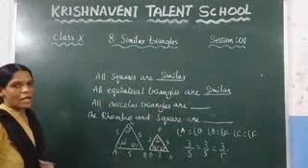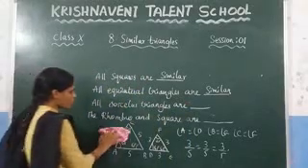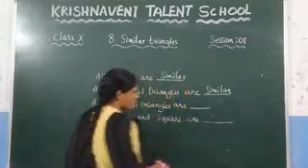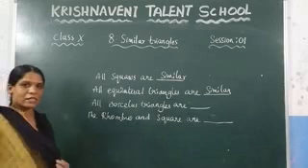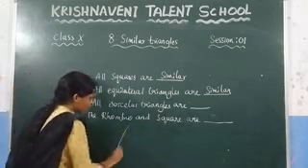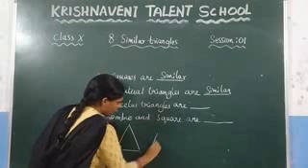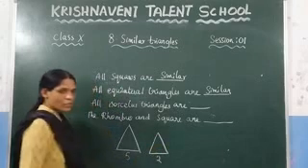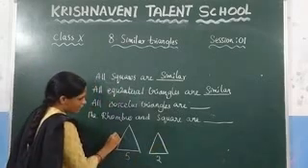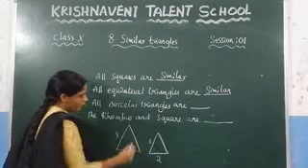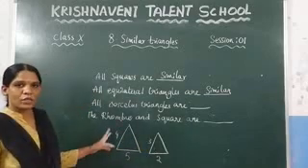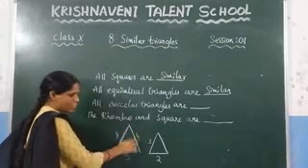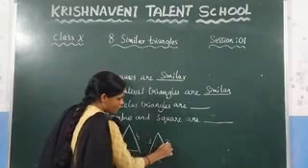Now see the next one, the isosceles triangle. What is meant by an isosceles triangle? You know that an isosceles triangle is nothing but a triangle in which two sides are equal. Let us consider one isosceles triangle like this, and let us consider one more isosceles triangle like this. Consider this side as 5 and this side as 2. Consider this length as 4 and here 3. Here you know that in an isosceles triangle, two sides are equal. That means this side and this side are equal. So if this is 4, this must be equal to 4, and if this is 3, this must be equal to 3.